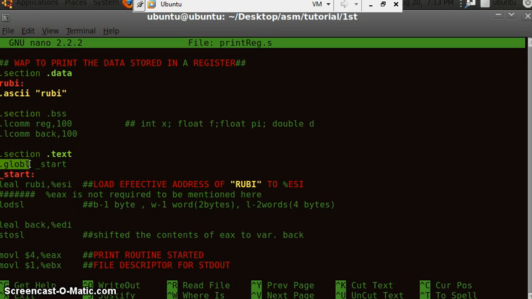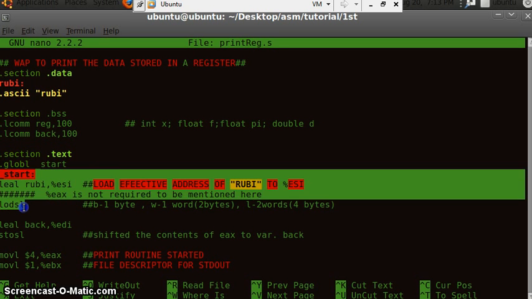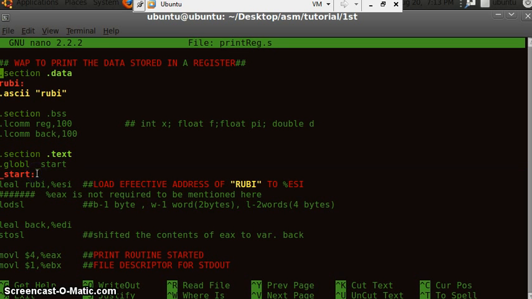Because by using this global, we are making this label _start, the start section of our program, available for the processor to enter inside the program. Otherwise, if you don't use global, your processor doesn't know from where to enter the program.